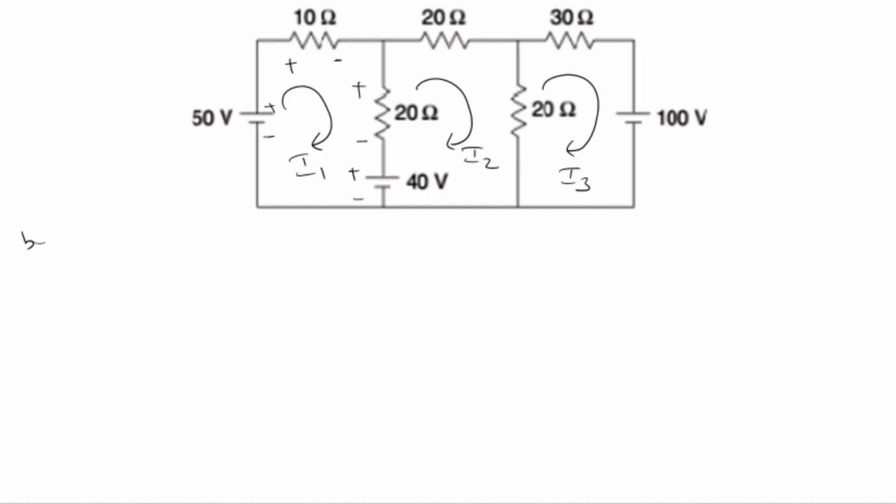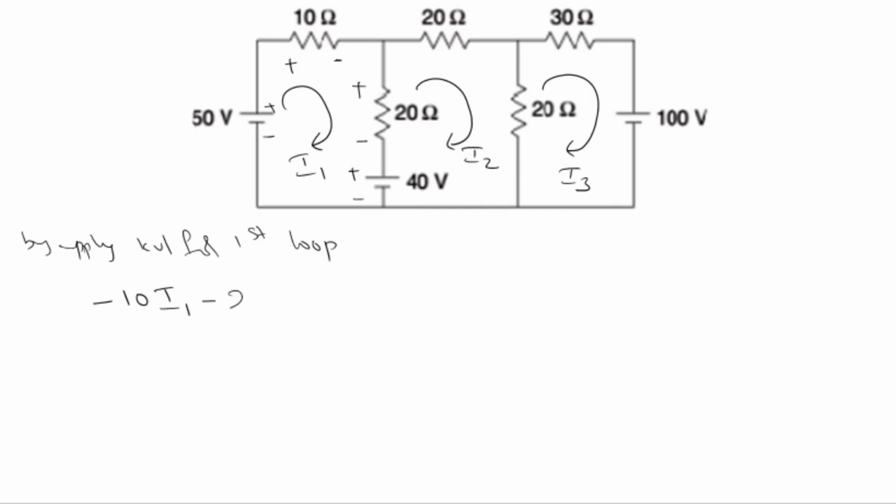Now by applying KVL for first loop, we will write the algebraic sum of voltage equations. Algebraic sum of voltages and voltage drops in a closed loop is 0. Now here, if we start from 10 ohms, second sign is minus 10 I1, where I1 is the current flowing through 10 ohms,